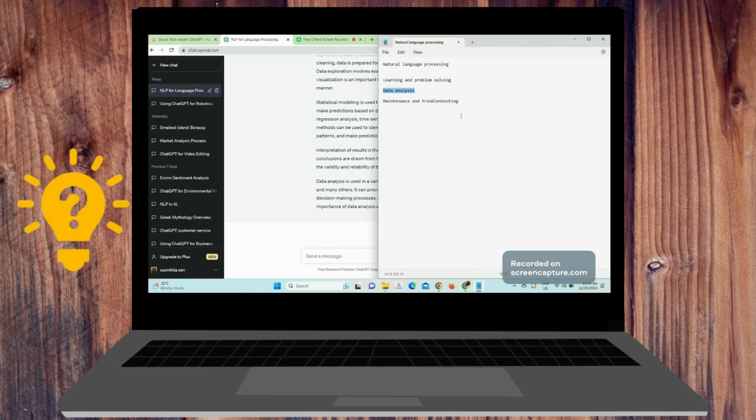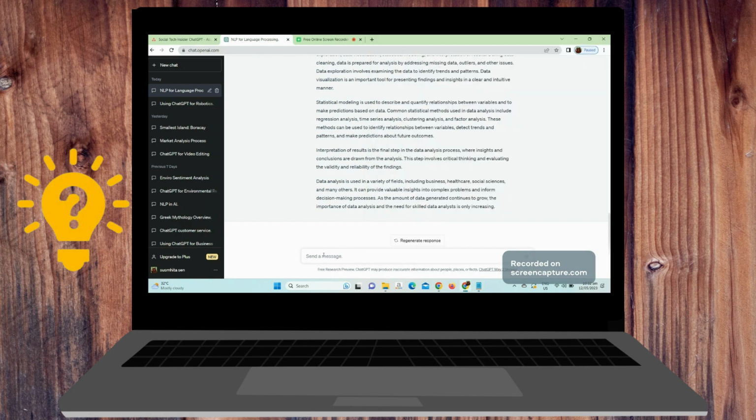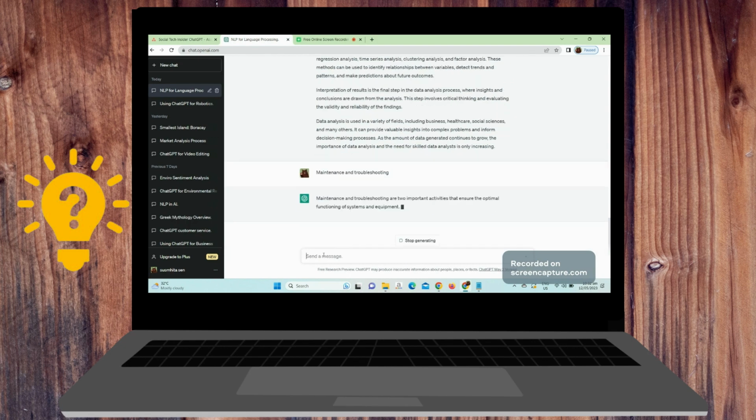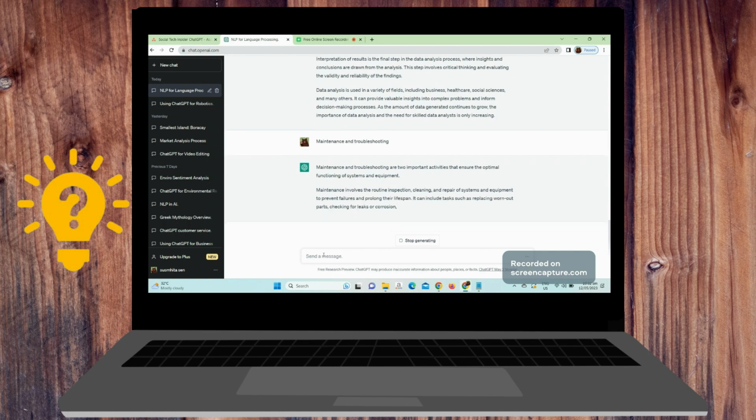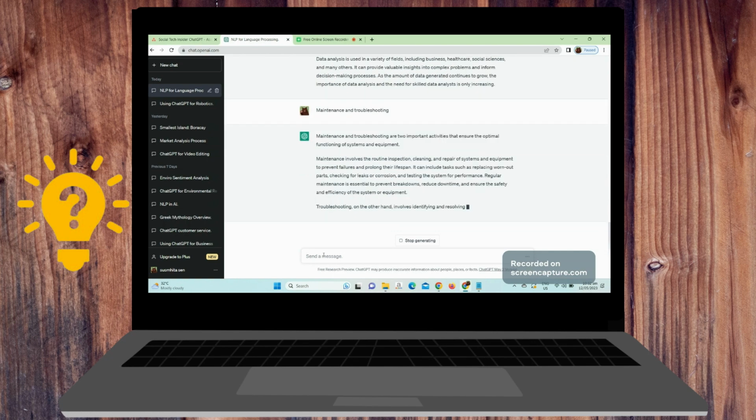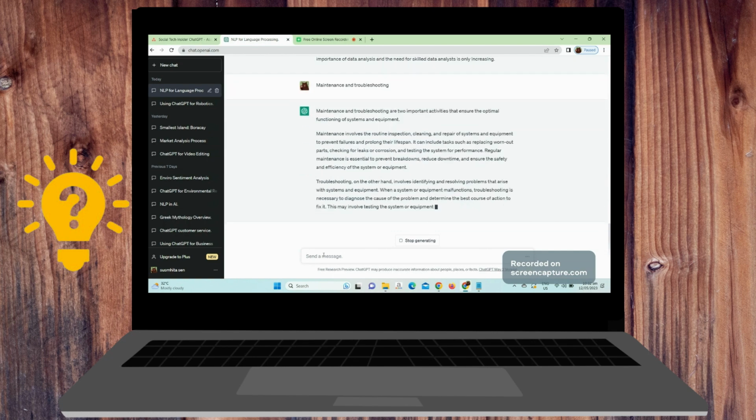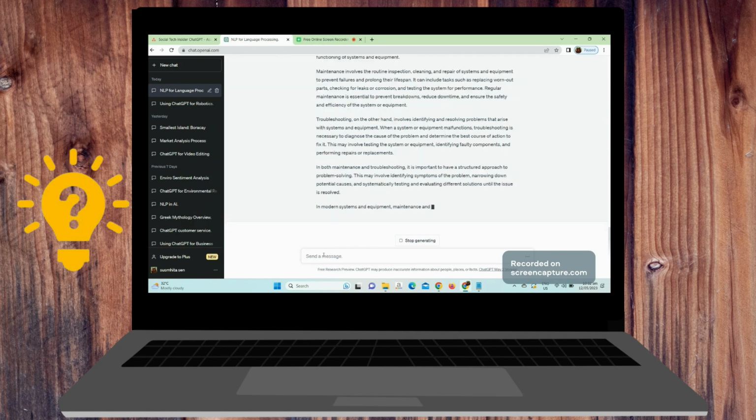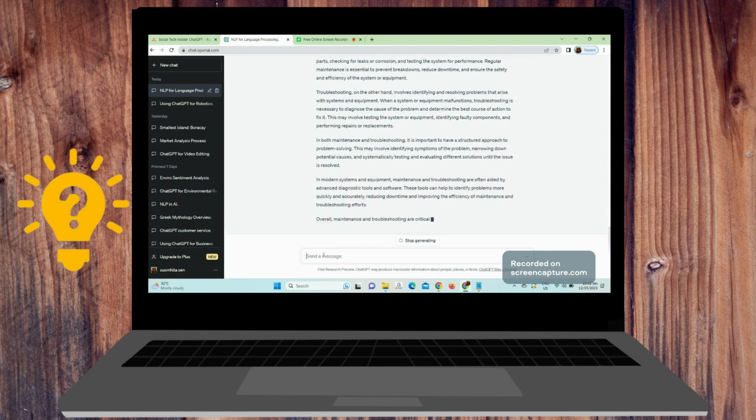Maintenance and troubleshooting. ChatGPT can be used to help technicians troubleshoot problems with robots. Users can describe the problem they're experiencing in plain language, and ChatGPT can provide suggestions for how to fix